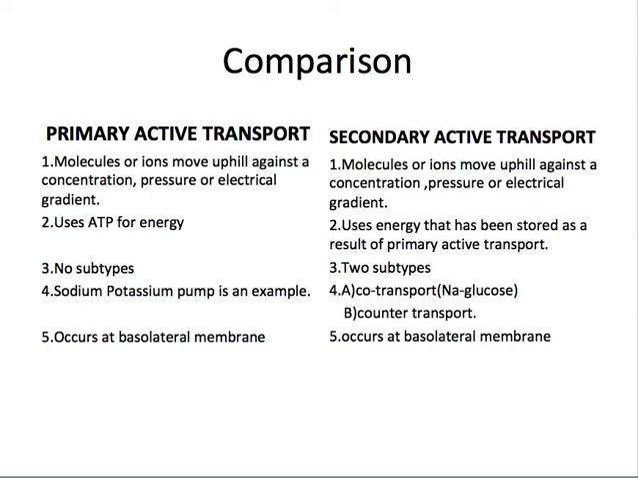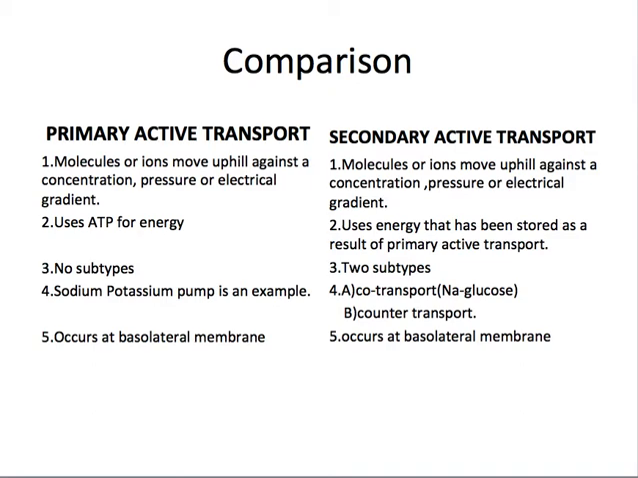Well, this is a university question, and here you can see that in both primary and secondary active transport, the transport of the molecules and ions is taking place uphill, meaning against the concentration gradient, that is from an area of low concentration to high concentration. The main difference is that primary active transport uses ATP directly, while in secondary active transport, energy is utilized